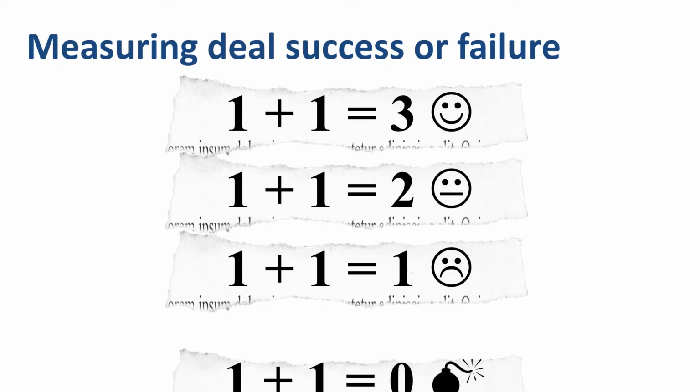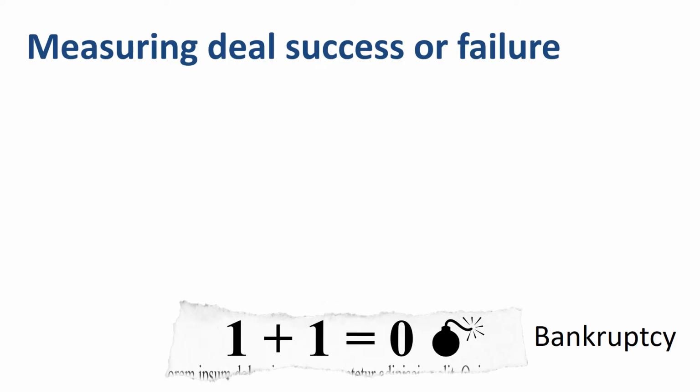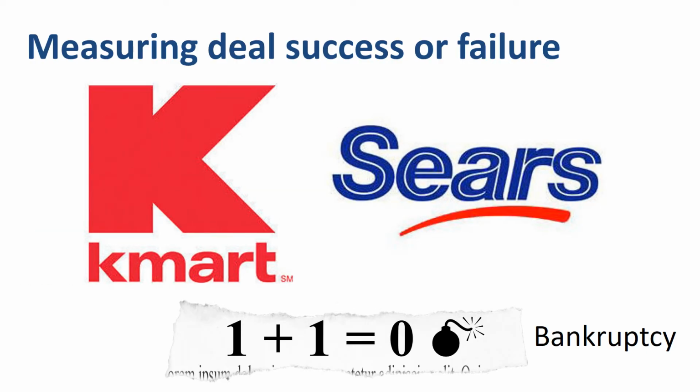The worst outcome is a blow-up. The combined business goes bankrupt. An example is the Kmart and Sears merger, which ended in a bankruptcy. However, the question is whether this is a direct consequence of the deal, or whether the individual companies would each have gone under anyway. Both Kmart and Sears were already on the downward spiral when they merged. What happened was that pre-existing problems got pulled together instead of being fixed.